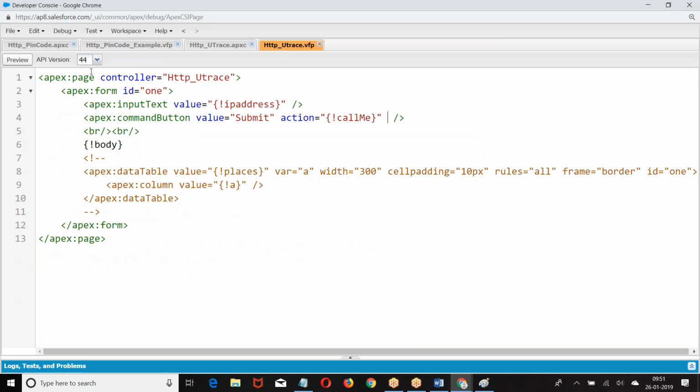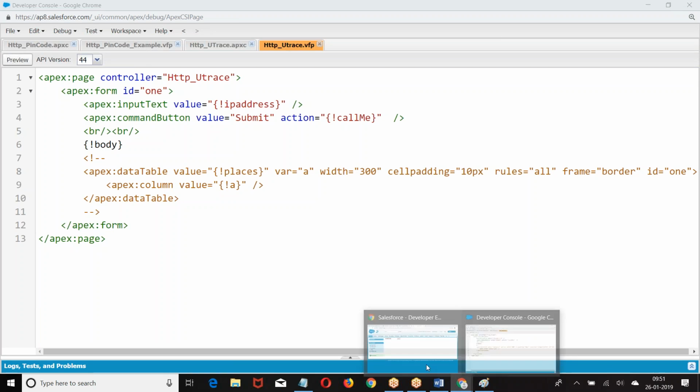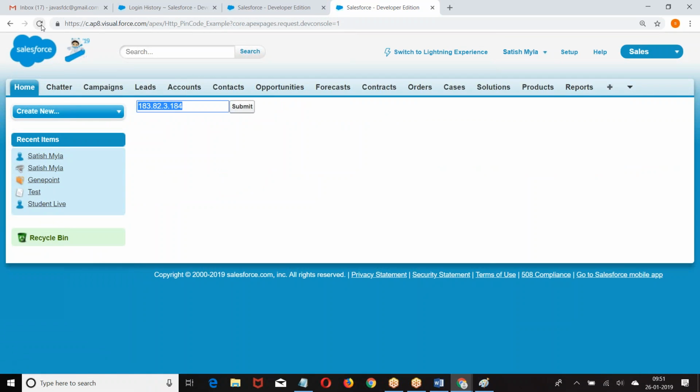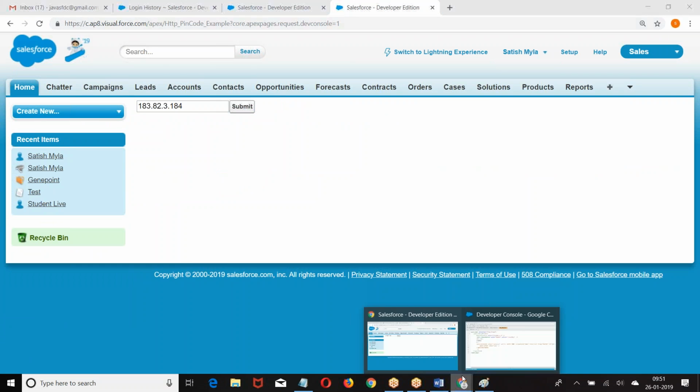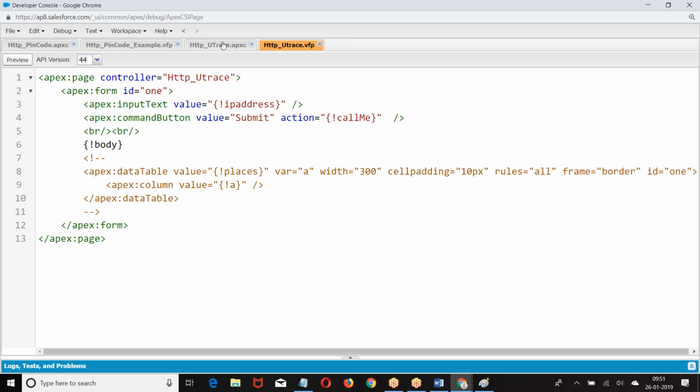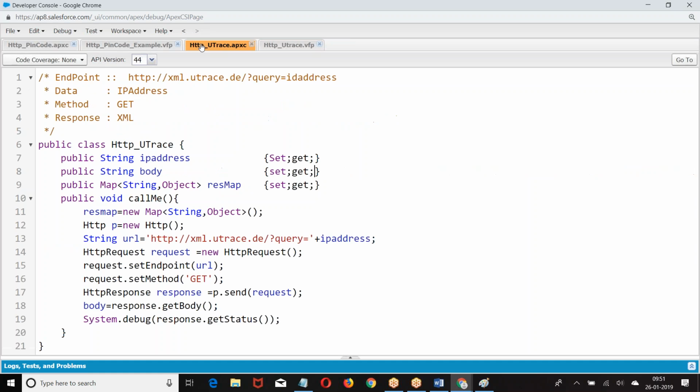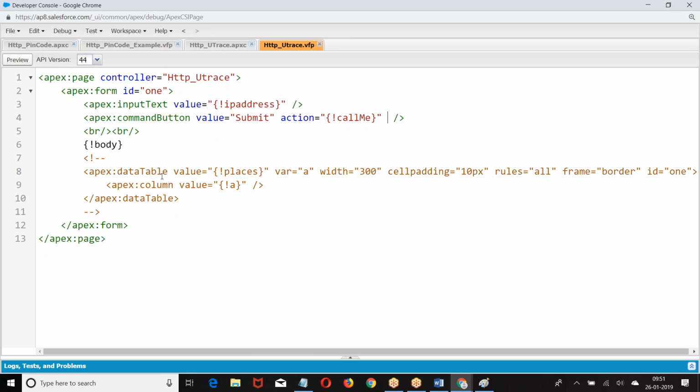Command button, submit, action equal to call me, review. For some reason, it is not getting refreshed here.